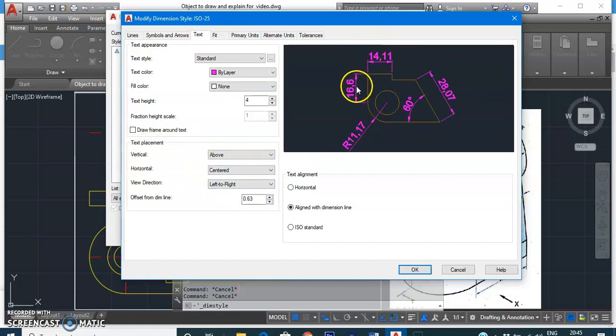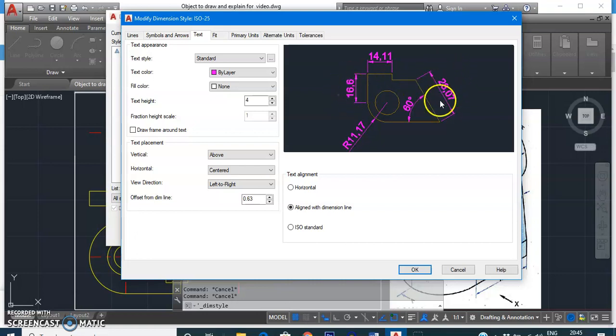This 16.66 is also placed above the dimension line according to the aligned system of dimensioning, and you can see over here aligned with dimension line. So text placement is above vertically, and horizontally centered. That means along this 16.66 dimension, the number will be placed approximately in the center.